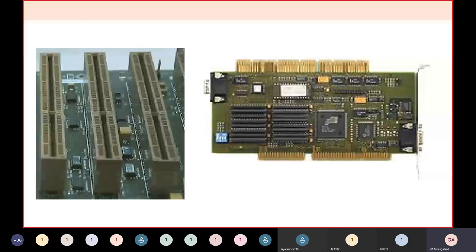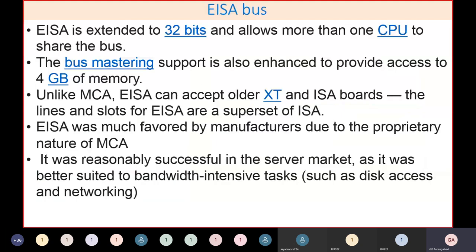See, this is the way, as I said, this is the slot, this is the ISA slot, and this is the card. Both ways you can insert. One way, if you insert, this will act as a 16-bit ISA card. The other way, if you insert, this will act as a 32-bit ISA card. So this facility is there. As we said, this ISA is a 32-bit card, so that is why it has got backward compatibility. I mean, if you have an ISA slot, you can fit your ISA cards into the ISA slot. That is why we say it has got backward compatibility. So here, as I said, the ISA bus is 32 bits.